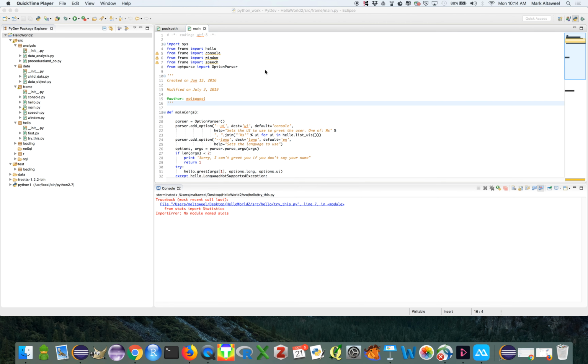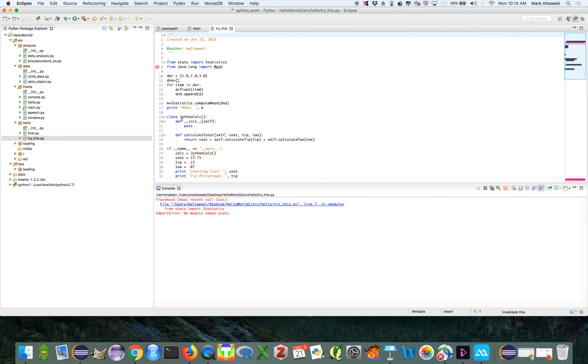I should say the stats.jar file actually works with the hello package. So I added something called try this. It's basically just a way to run statistics using Jython, that is, a Python and Java integration. And maybe we'll start here first because it's actually a really simple example, and then I'll move on to the